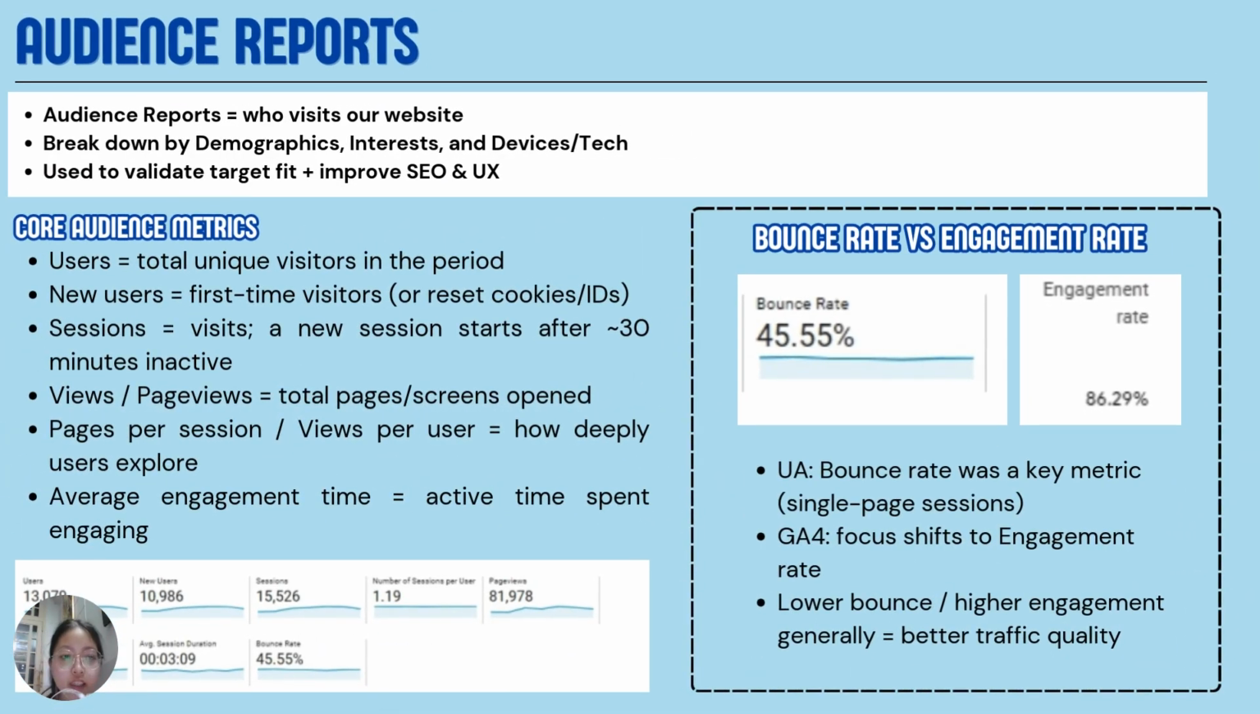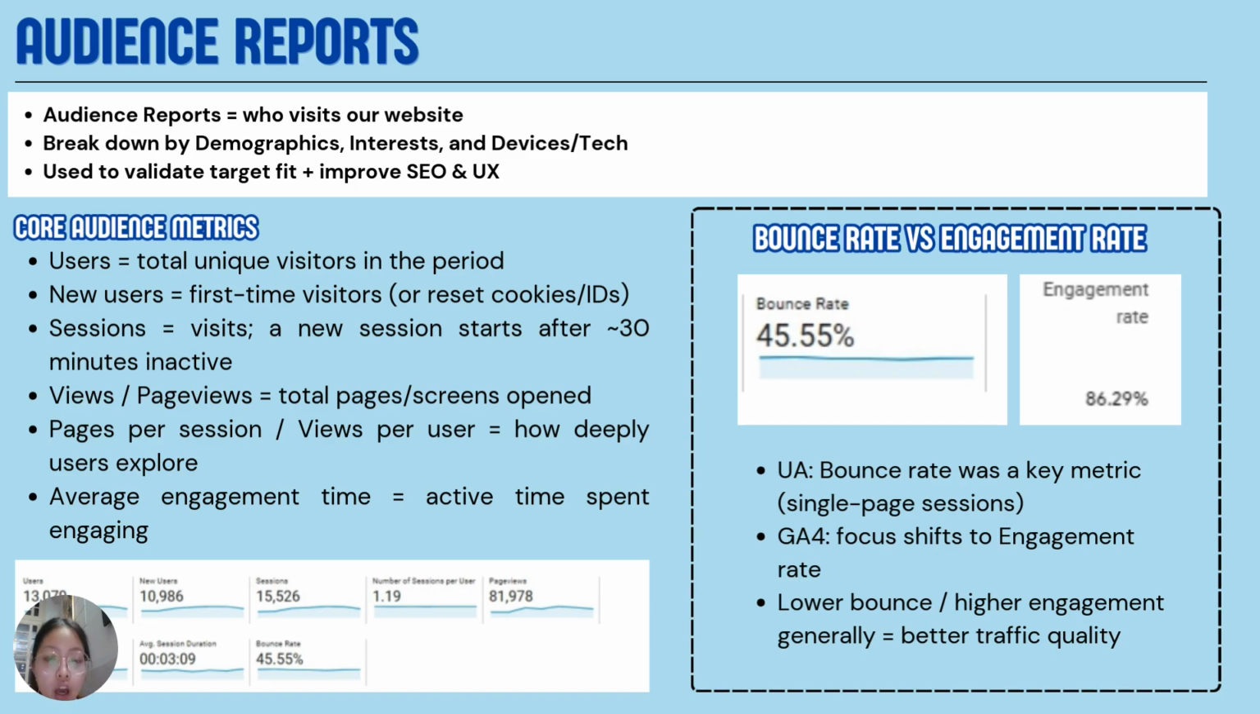Now, moving to audience reports, the core audience metrics. Users means total unique visitors in a period. New users means first-time visitors. Sessions is visits. A new session starts after 30 minutes inactive. Views, or page views, means total pages or screens opened. Pages per session or views per user means how deeply users explore, and the average engagement time means active time